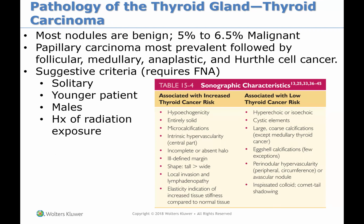So a little bit about thyroid carcinomas. Most nodules are benign, 5 to 6.5 percent are malignant. Papillary carcinoma is the most prevalent, followed by follicular, medullary, anaplastic, and Hürthle cell cancer. So suggestive criteria: if there's a solitary nodule, if it's a younger patient, if they have a history of radiation exposure, if it's a male,